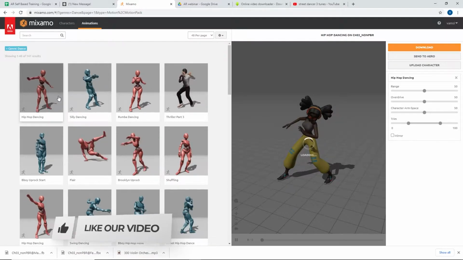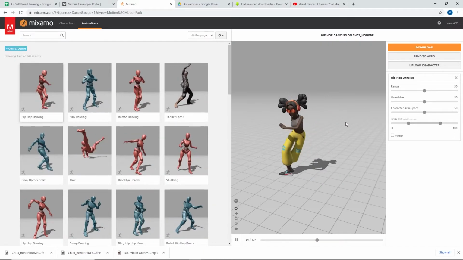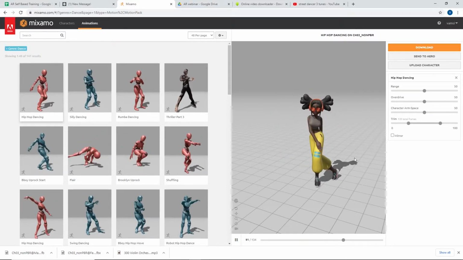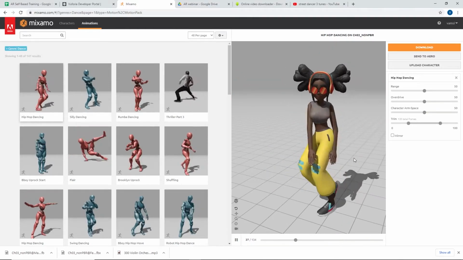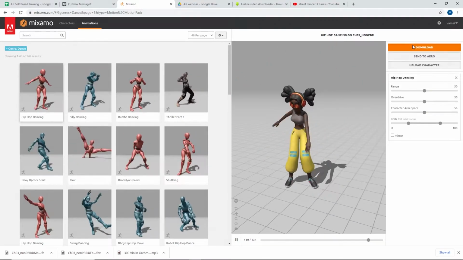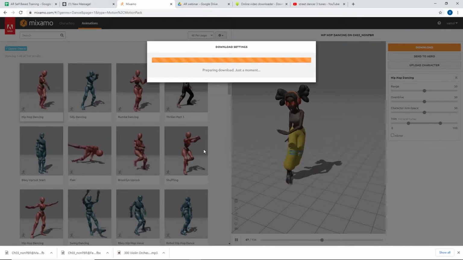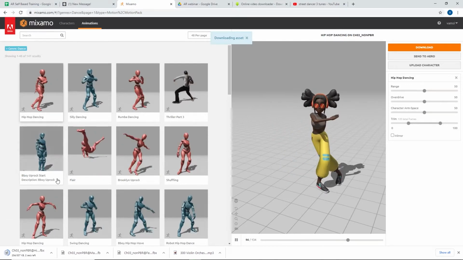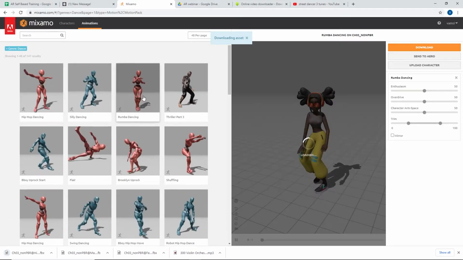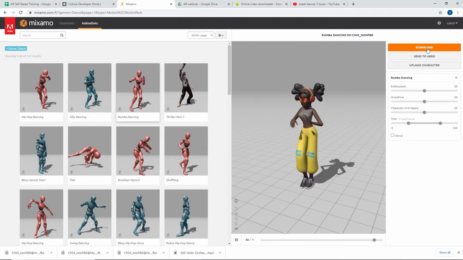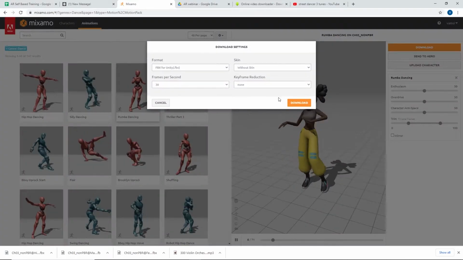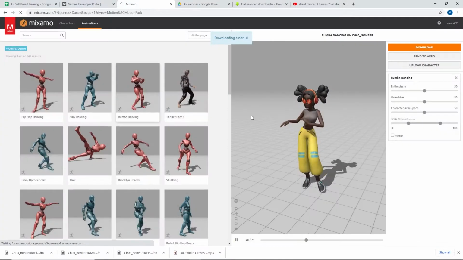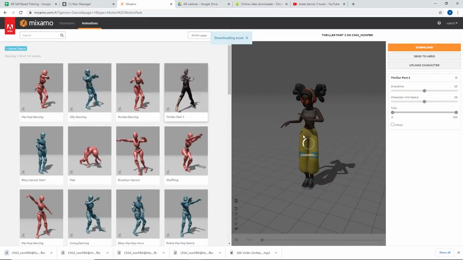Again, I think this will be useful for my audio. I'm going to download this as well. Before downloading, check whether the animation is perfectly good or not. I think it was good, so I'm going to download this. It was downloading, and I'm going to download this step as well. Let's see this.